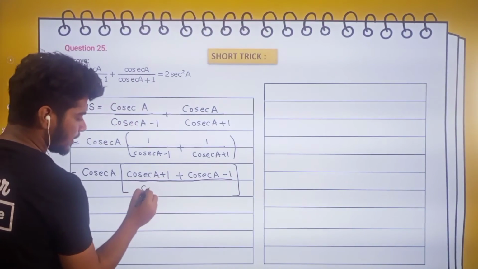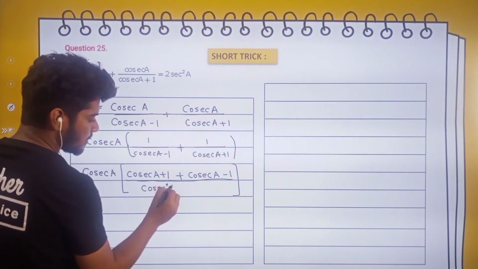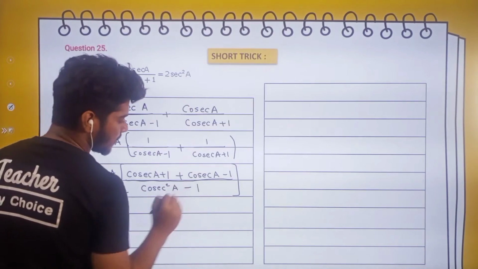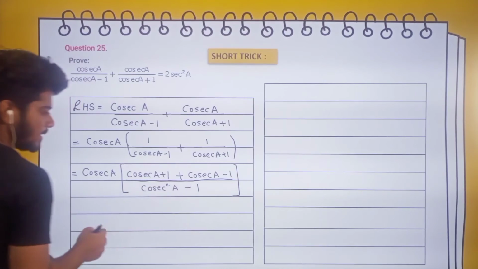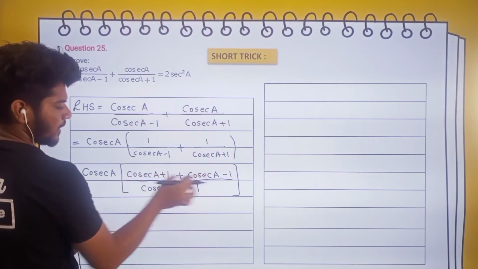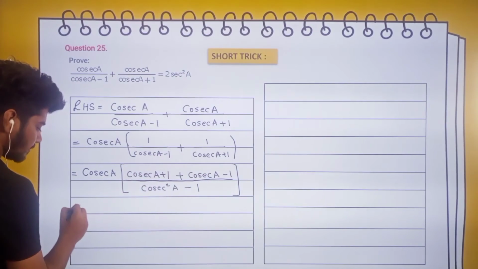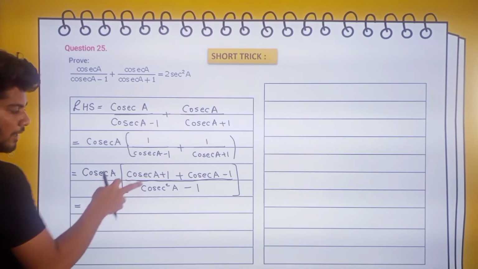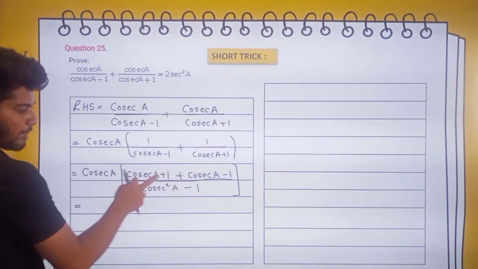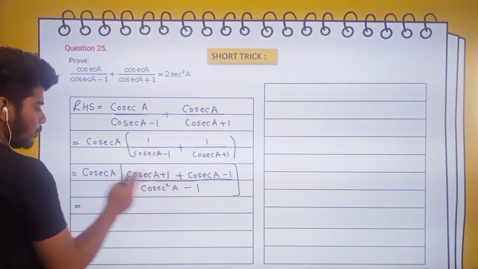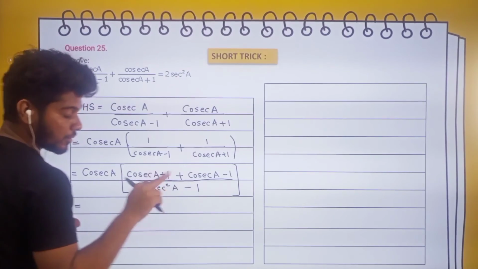Right, a square, मतलब cosec square a minus 1. Right, now it is easier. See, cosec a plus cosec a will be 2 cosec a. See, again I am explaining. Cosec a into cosec a, cosec a plus cosec a will become 2 cosec a. 2 cosec a into this cosec a will become cosec square.